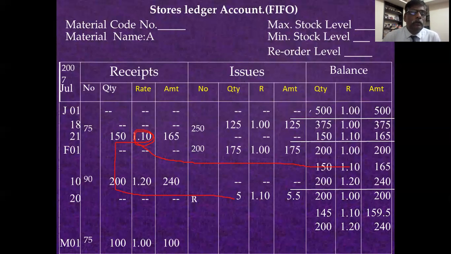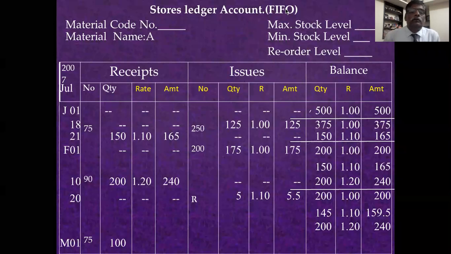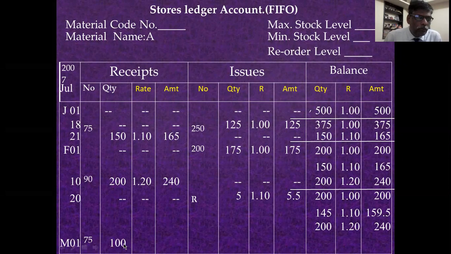So amount is, sorry, just a minute. You see it's 100 units received being balance quantity of order 75. Order 75 is 1 rupee 10 paisa. So you have to take at the rate of 1 rupee 10 paisa, 100 at the rate of 1.10. This 1.10 is taken on the basis of order 75 rate. Amount 110. You take to the balance column. These are the balance quantities, 1, 2, 3, 4. I'll go to next page.